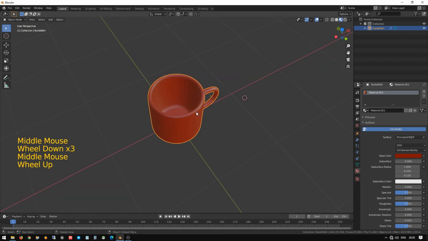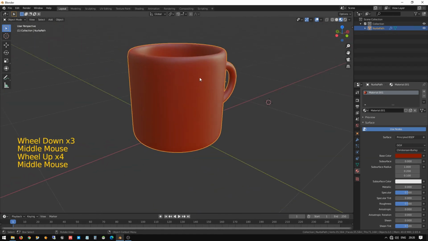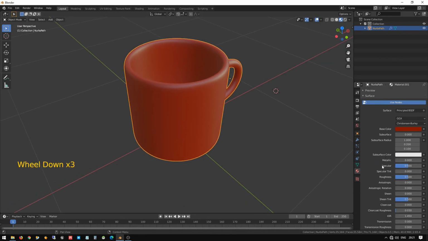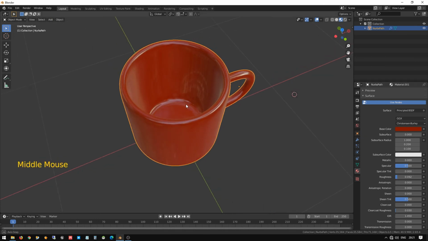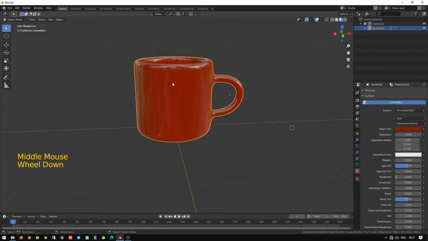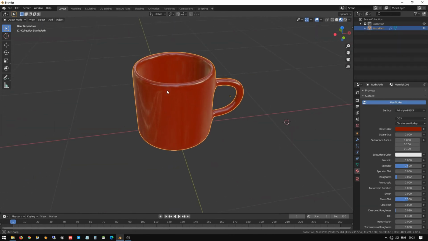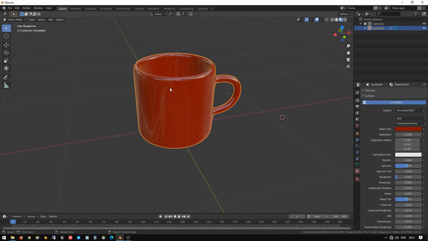Here is the view mode. You can go to the render view mode. You can see now the cup is designed with red color, and there is no glossy look. So let me give the glossy look. Here in the material properties panel you can see the roughness. I'm going to reduce the roughness so shine will be given to the cup. Now you can see the cup looks good for us. Now our cup is ready with the red color and with shine.